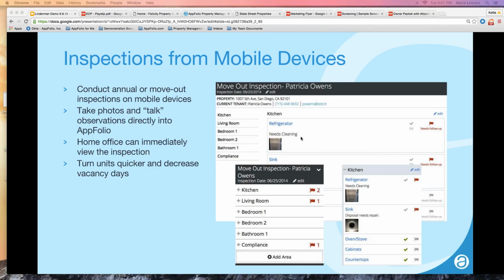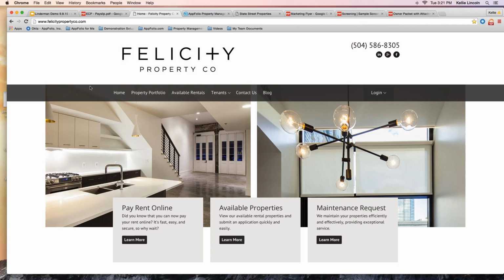Same thing, you could take pictures and upload them right into the screening report, or I'm sorry, the maintenance inspections report. So it's instantly tied in. You don't have to retype any notes. It's just a great way of keeping everything clean, organized, and again, I'll show you how that looks when we go into the system. So what I wanted to do was actually show you an example of what an AppFolio